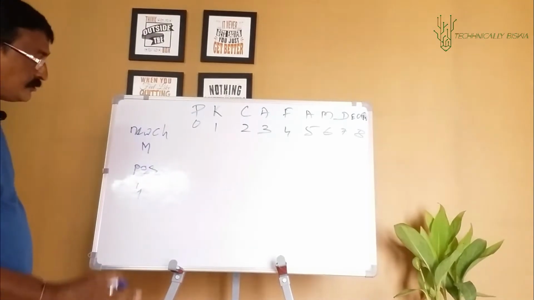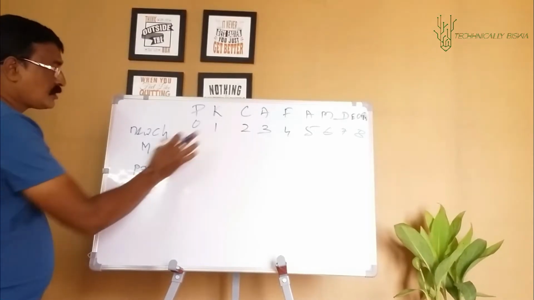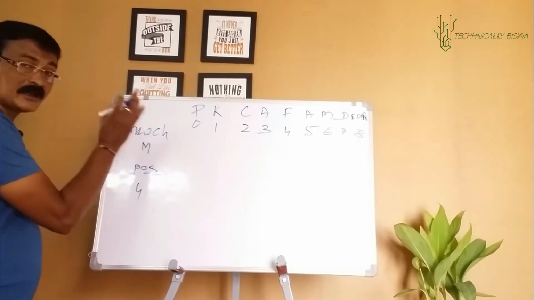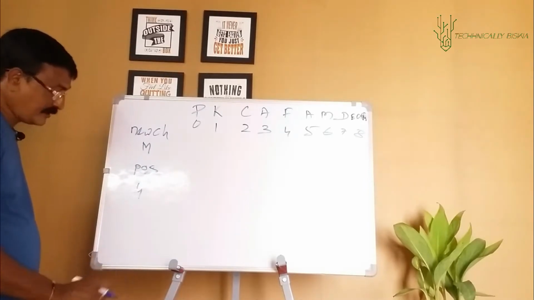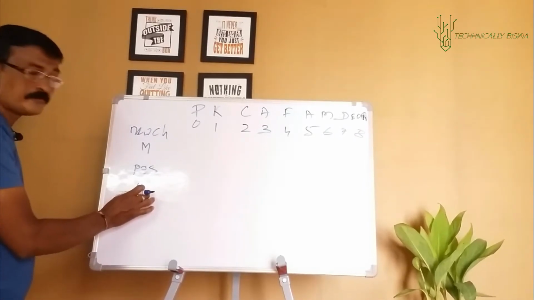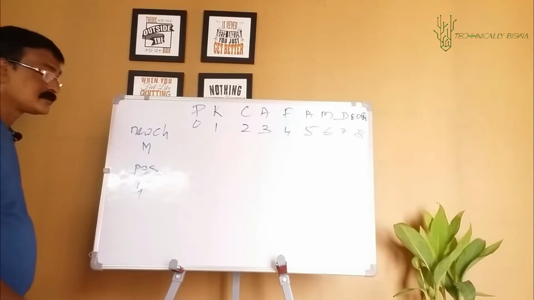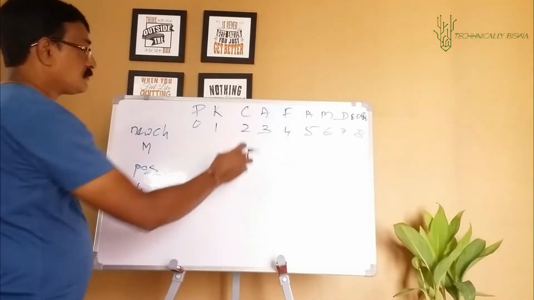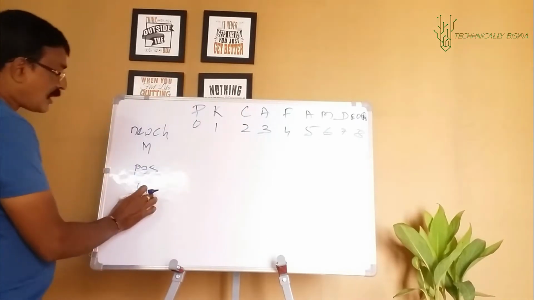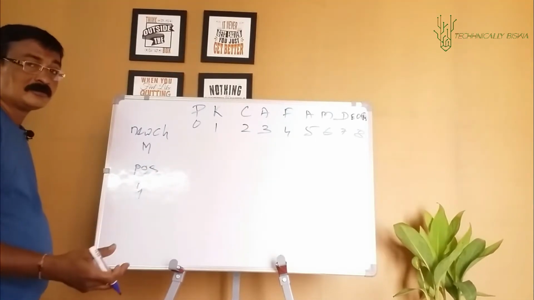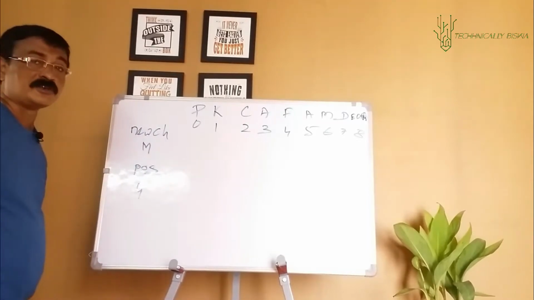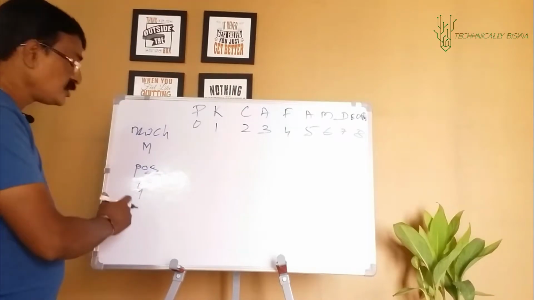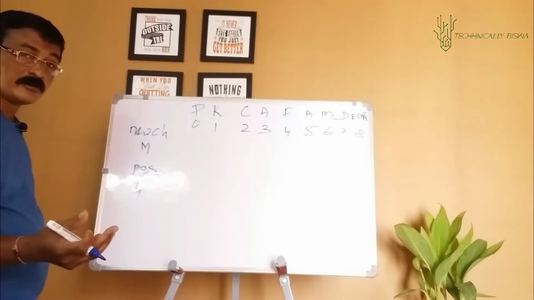Got it? So what the user basically wants is that at position 4 in the file, whatever character is there is to be replaced with the character M. Now as we discussed, position 4 for the user is position 3 as far as the file is concerned. So after this, I decrement pos. That was the next line in the slide, pos minus minus.